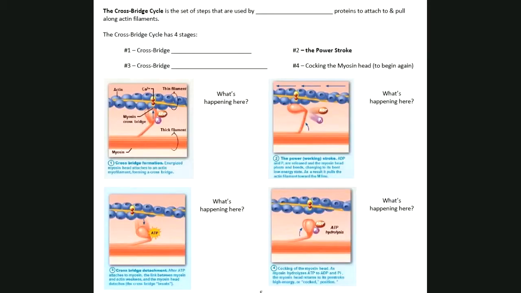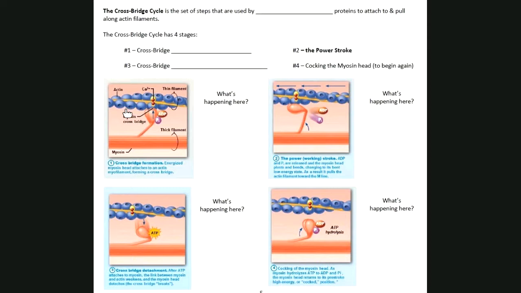Okay, so we're looking at a picture here that shows us the 4 steps of the crossbridge cycle. During the crossbridge cycle, remember from your studying that this word crossbridge is just a fancy word for myosin attaching to actin and making the actin move. So there's 4 things that happen, and when we talk about what's happening in them, the things that you want